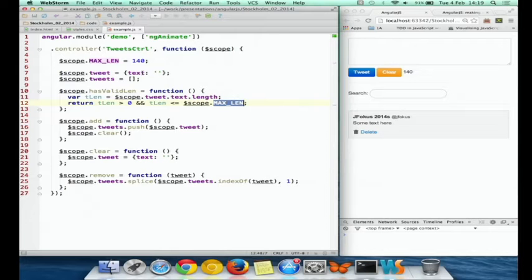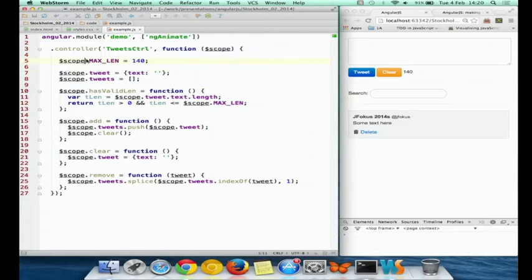The only responsibility of the controller is to initialize the scope, right? So on one hand, we've got the template that needs some data. Those data reside on a scope, which is just a basic JavaScript object. So all the model, all the functions available on a scope are accessible in the template. And we've got a controller that initializes the starting state of the scope. So our controller is pretty simple.